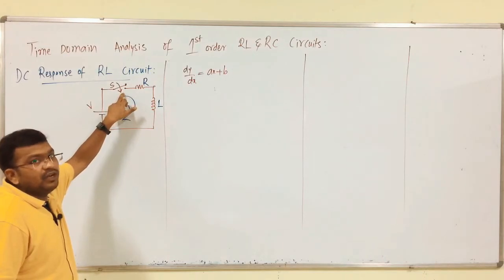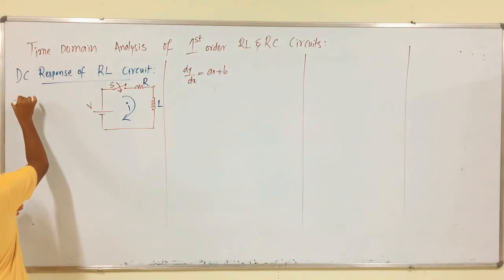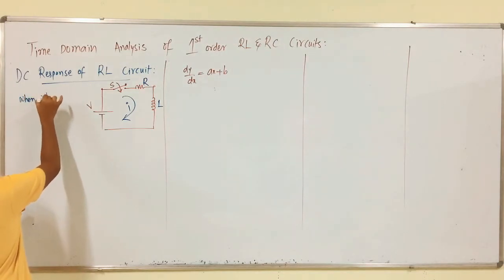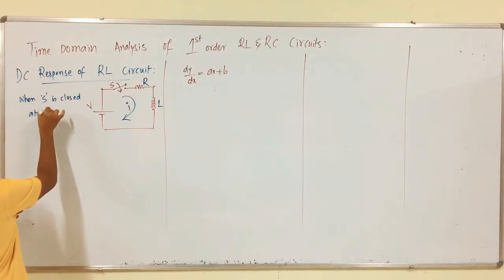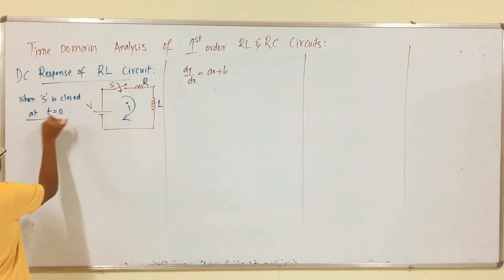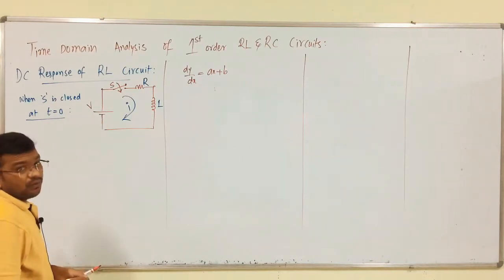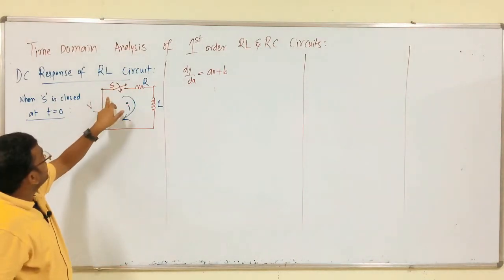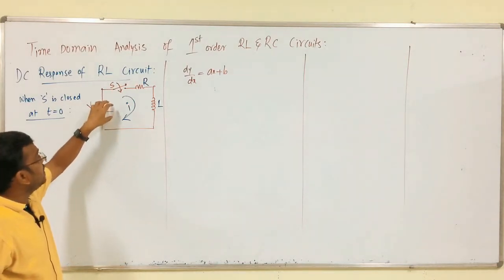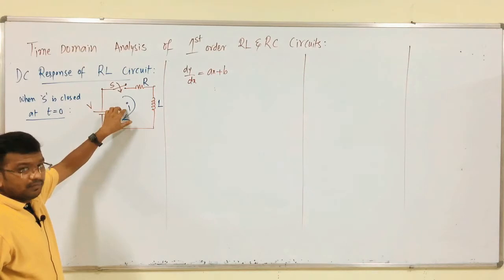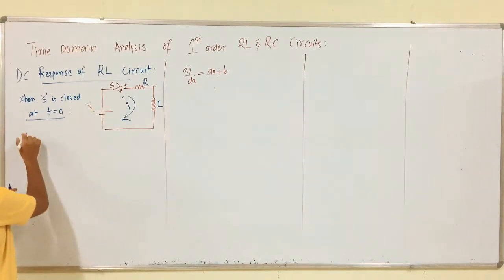We are going to get the voltage. Okay. So, when the switch is closed at t equals 0, at this instant we have to calculate. When the switch is closed at t equals 0, what will happen? This is closed, a simple loop is created. So, by using KVL we have to calculate the value of current, which means we have to get the voltage balance equation, that is by KVL.